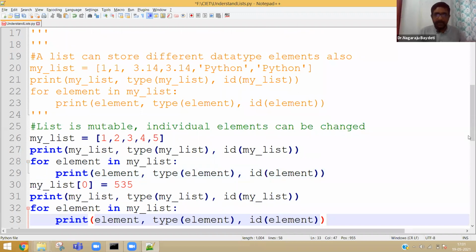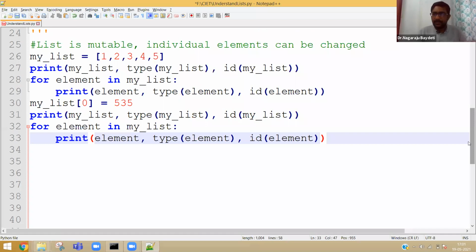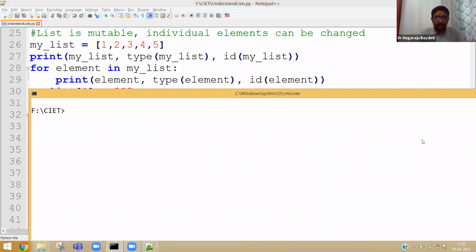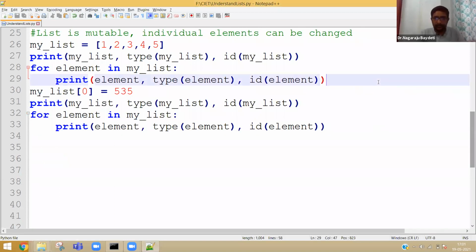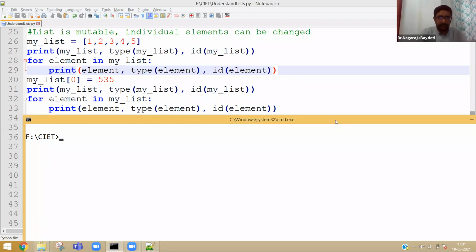See, I am writing multiple times so that you will get a clear picture when I am executing the program. List is mutable. That means individual items can be changed. When individual items can be changed, entire list also can be changed, obviously. Now let us try to execute.